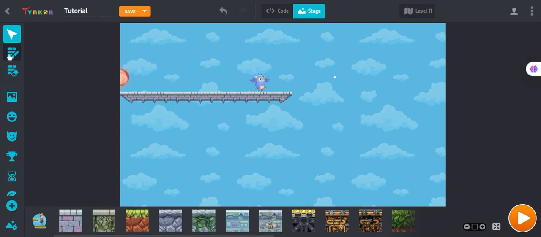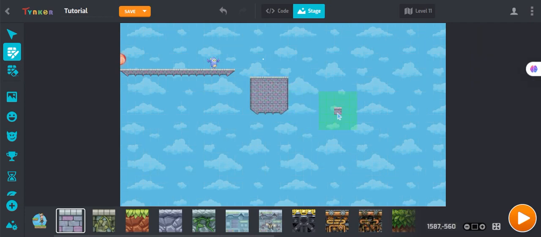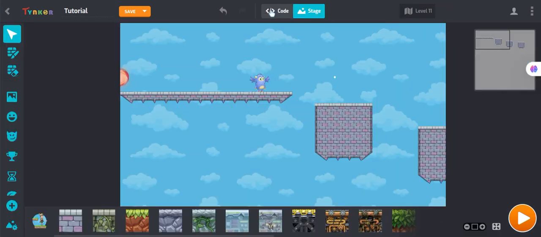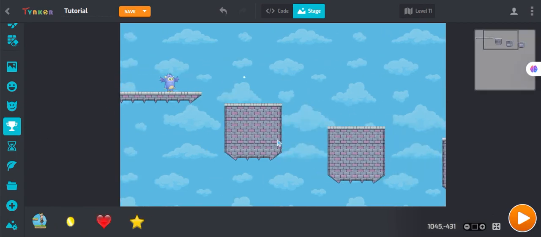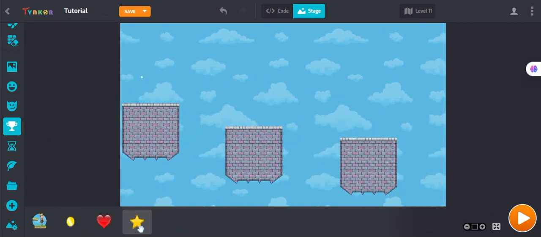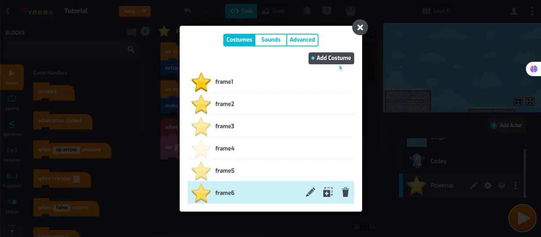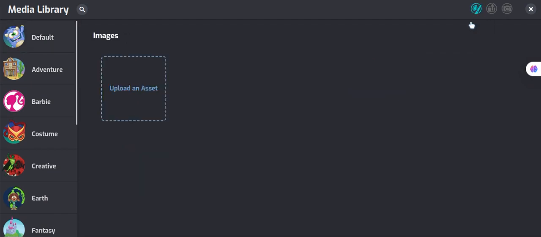Now we're going to add some platforms that the player can jump on. And then, since I'm a little lazy to keep redoing the collectible over, what I do is I grab a pre-made collectible, and then I just go to the costumes and delete the costume of it, and then I just